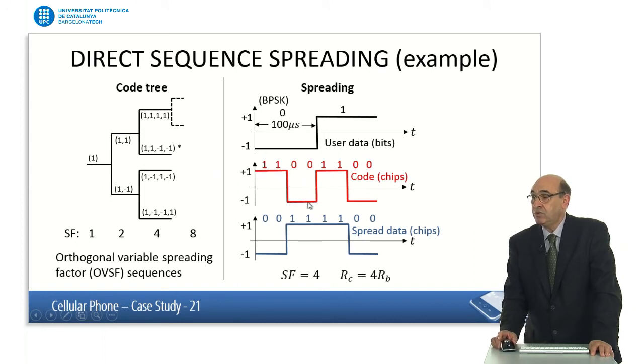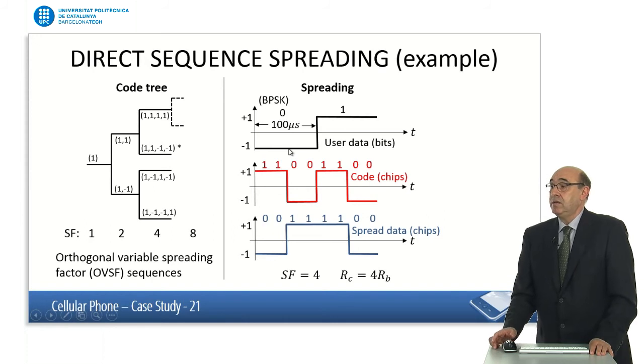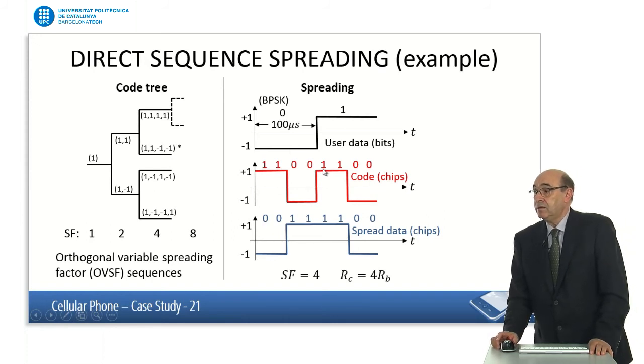And then minus 1 is a 0. So the sequence here has 4 bits, 4 chips, if you want, for every bit in this signal. And now we repeat, we keep repeating this, and we multiply. So we start here, and we have